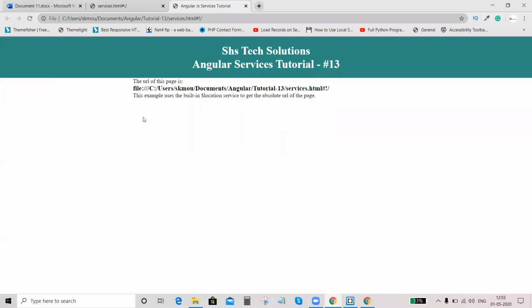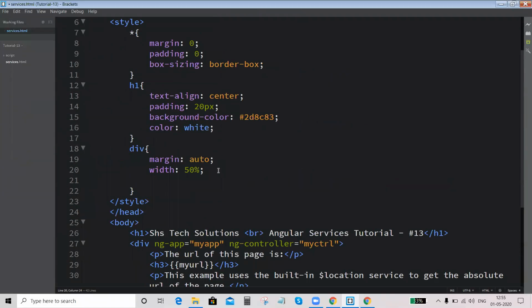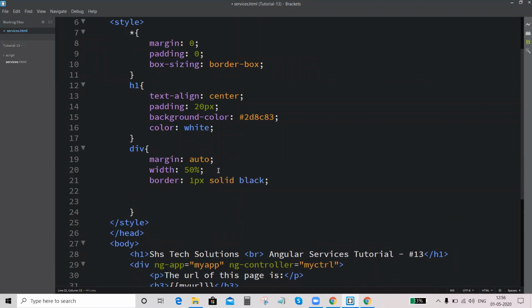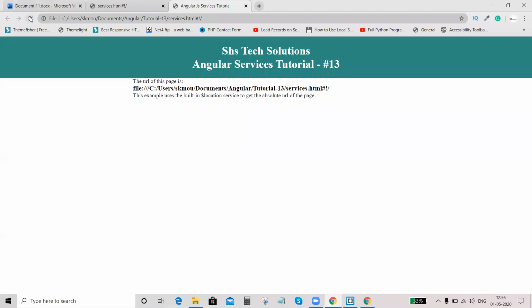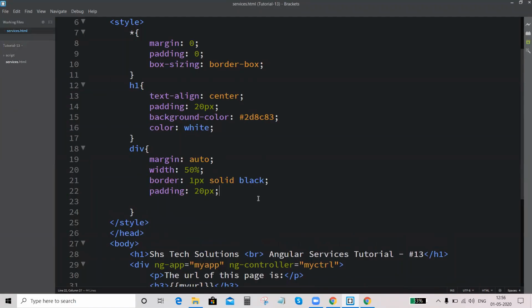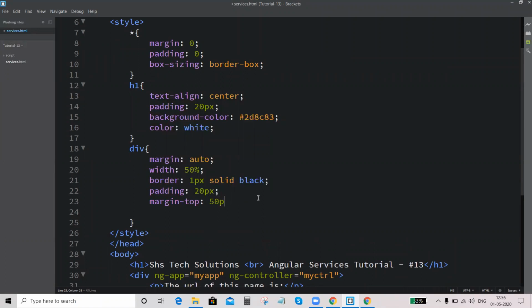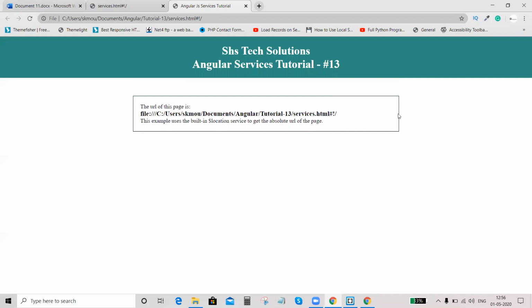Okay, this is the output. This is the absolute URL of this web page location.